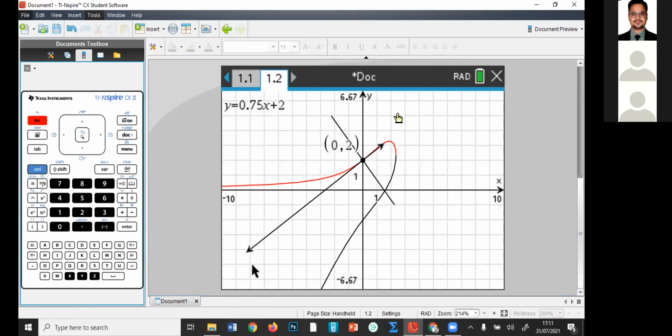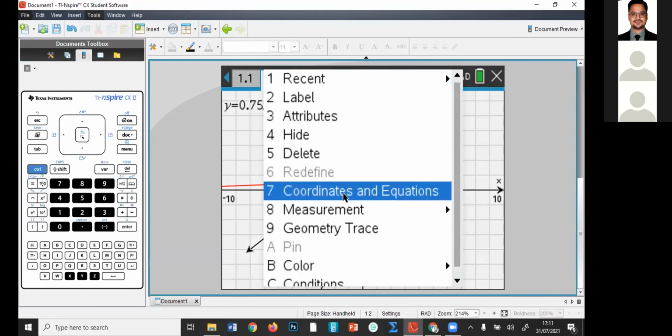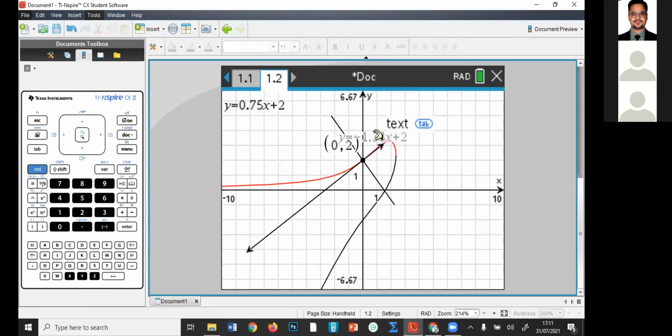But if you see, this is a construction, this is not the equation. So how do we get the line of this? If we select this, do we get its coordinates and equation? So we get the equation here. So this is the equation of your normal. So y is equal to negative,